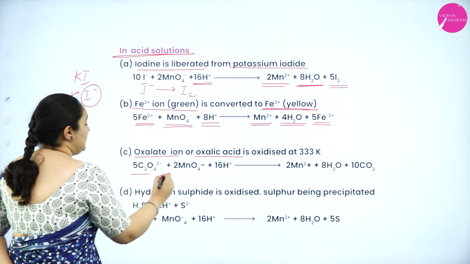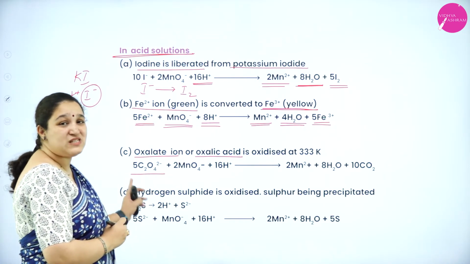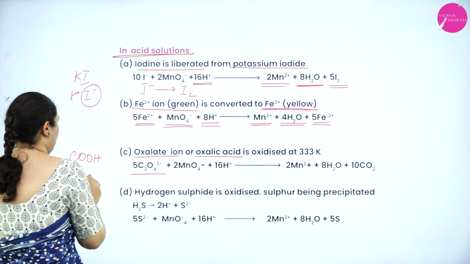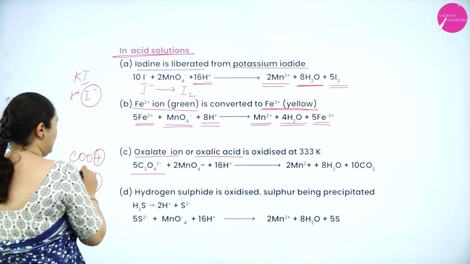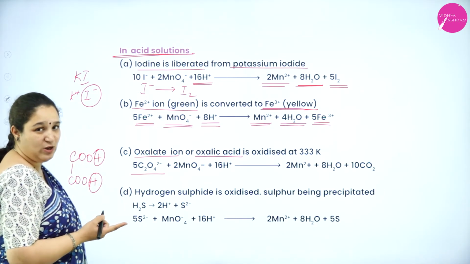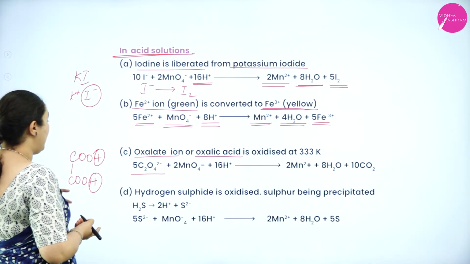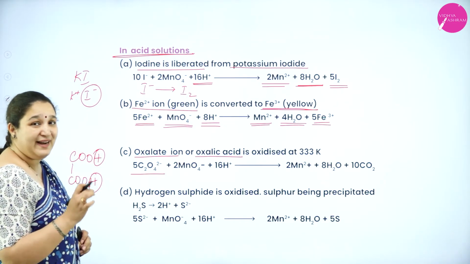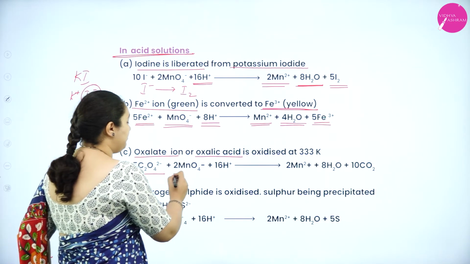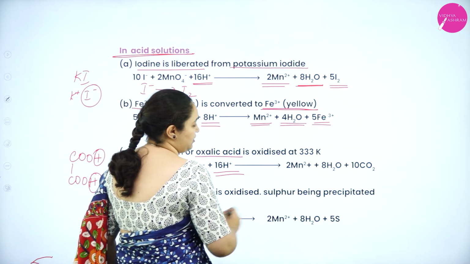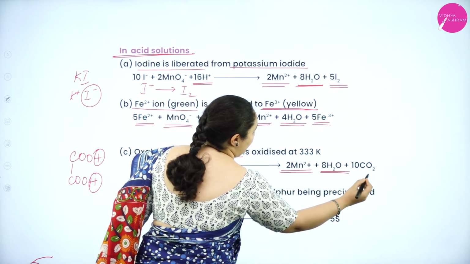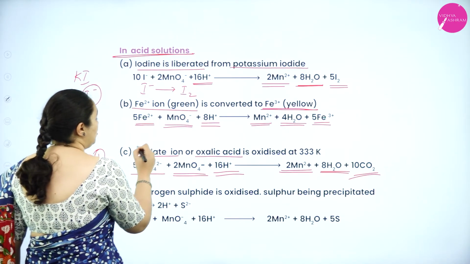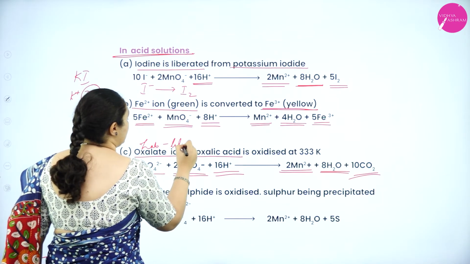So you can see C2O4 2 minus is oxalate ion. Oxalic acid is COOH, COOH. If you remove these two hydrogens, that is, H plus ions will be lost because it's an acid, it gets the negative charge. So COO minus, that is C2O4 2 minus, is called what? Oxalate ion. So oxalate ion with permanganate ion in acidic condition gives Mn 2 plus, 8 water molecules and carbon dioxide gas is liberated. This particular reaction, you are doing it in your lab for titration.